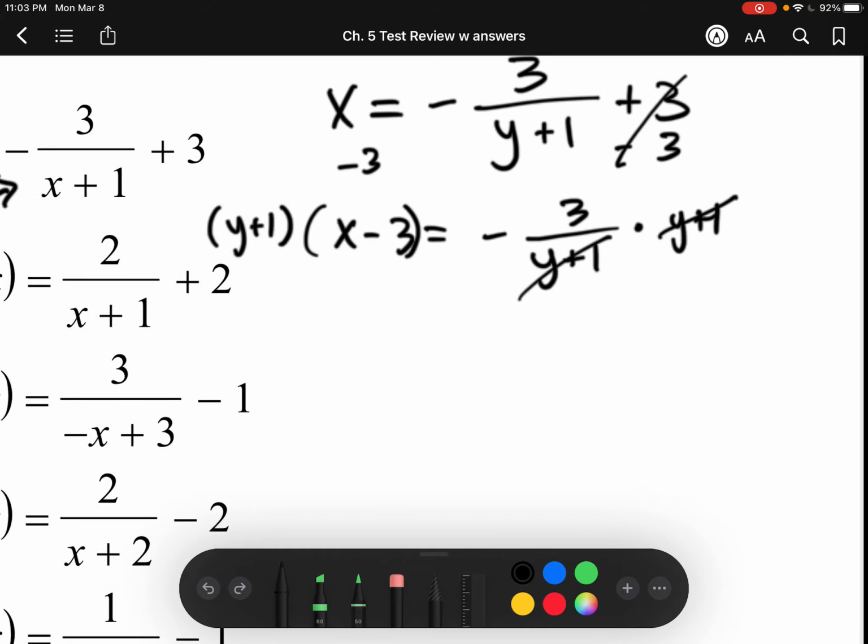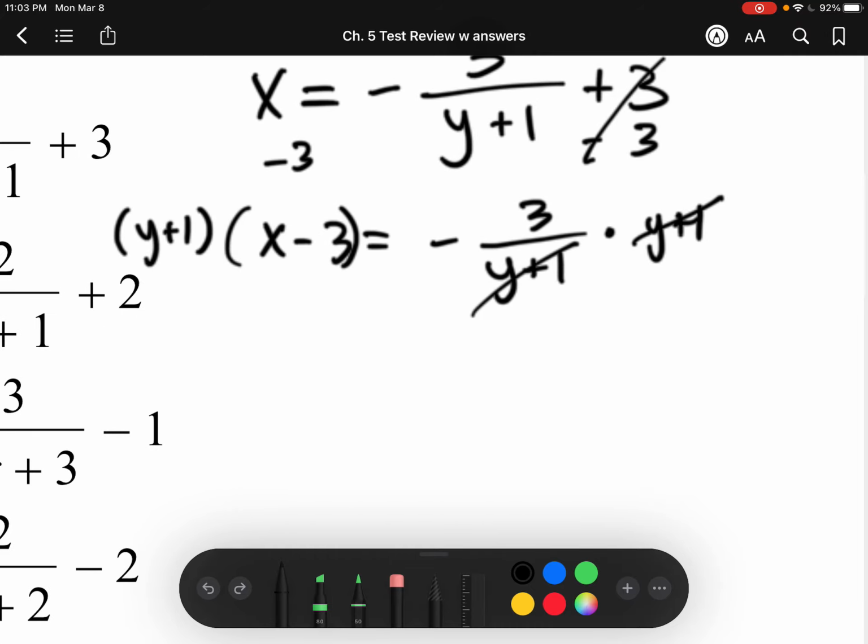So now here is the part where there may be a little bit of confusion, but if you pay attention, this should make sense. Normally, we have 2 binomials being multiplied together, right? We have y plus 1 times x minus 3. So normally we would just FOIL and distribute, right? But we're going to have an issue if we do that, because we're going to have y times x, which is yx. We're solving for y, so having this just makes it